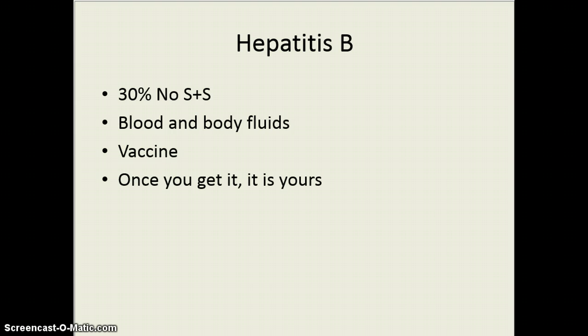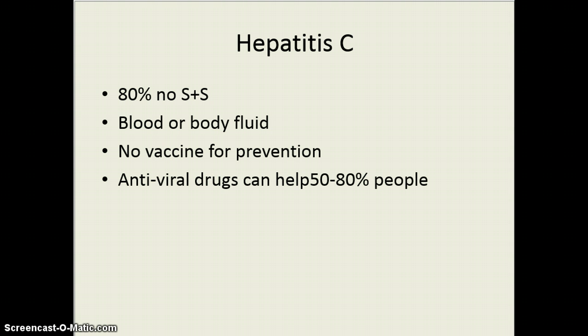Hepatitis B is from blood and body fluids. There is a vaccine that is very highly recommended anymore for all healthcare providers and most young people to get. I was in my 20s when this came out, and I got vaccinated free as a result of being a full-time employee. And I know they are immunizing now in the schools for the people that didn't get it at birth. Hepatitis C is